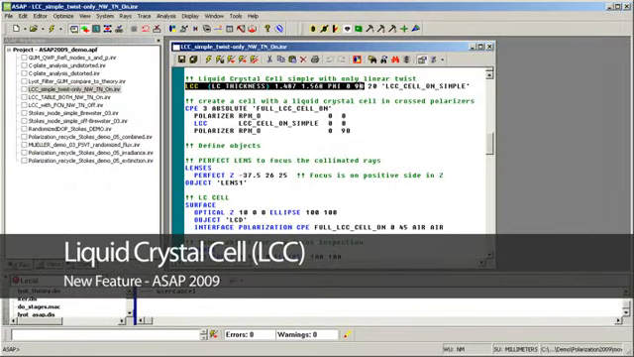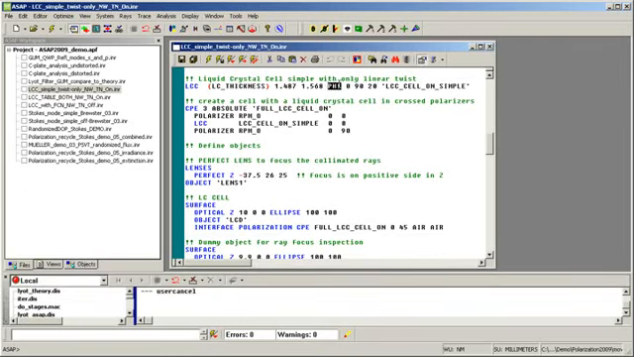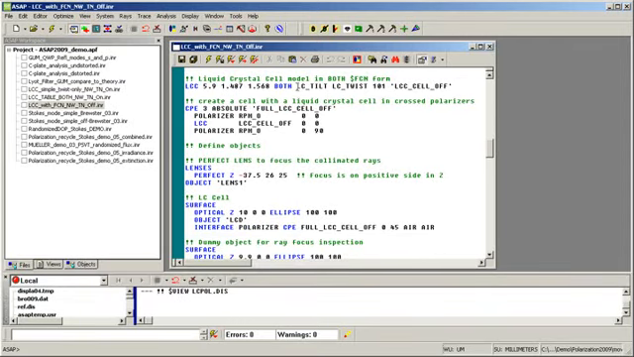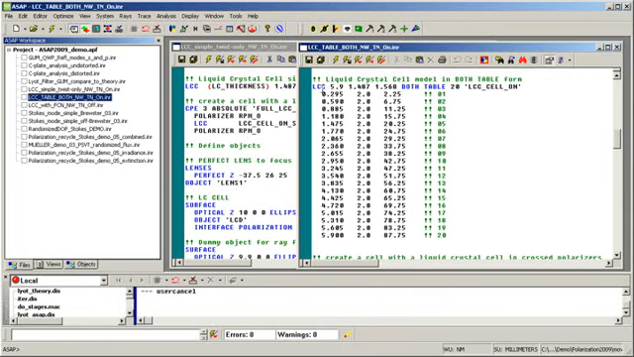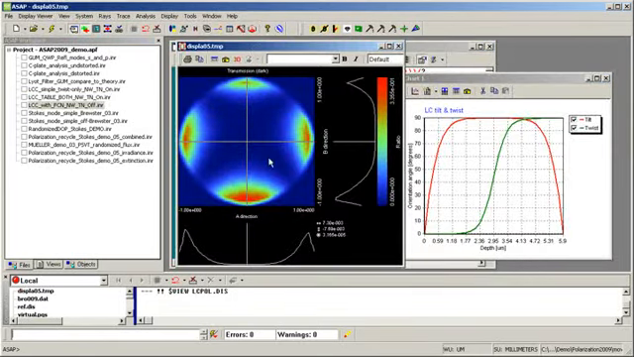Characterize liquid crystal materials using the new liquid crystal cell command. This highly flexible command, in its simplest form, can describe a linearly varying orientation. For more complex systems, use tables or mathematical expressions to describe director orientation and model a wide range of commercially